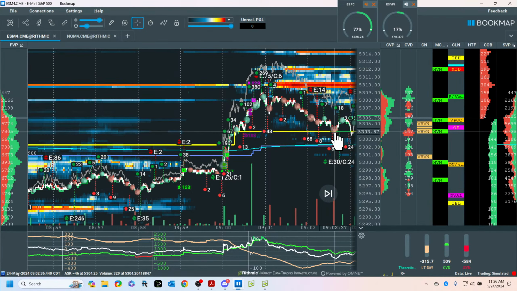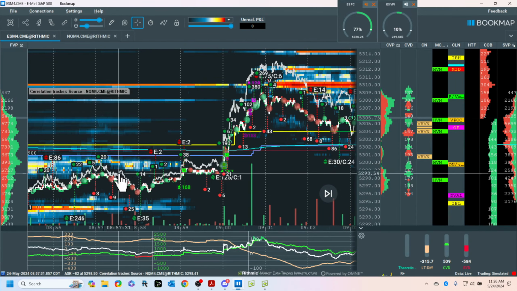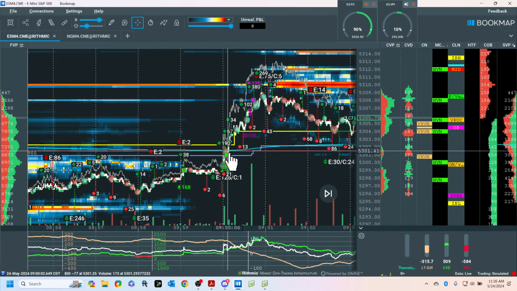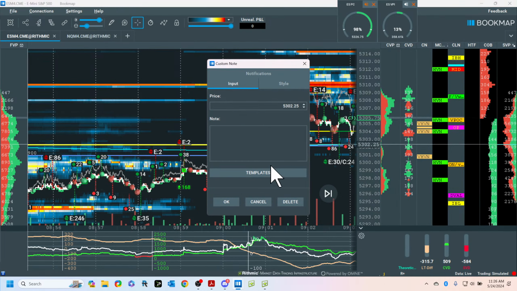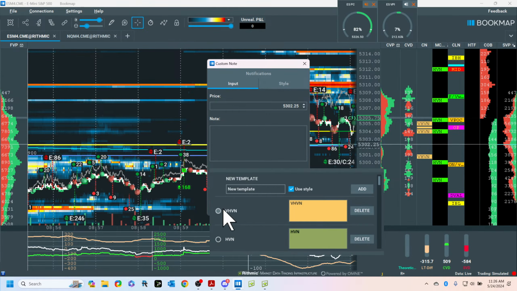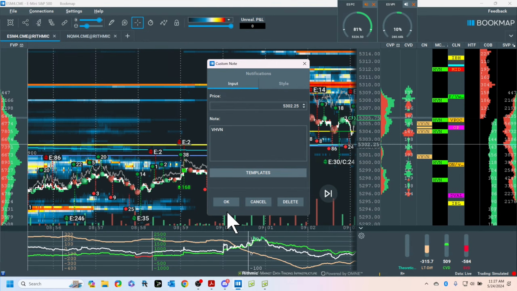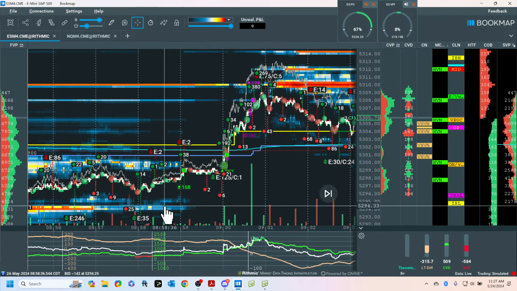Pull back to the volume point of control. This right here is a variable high volume node. I gotta throw it in here. How are we doing with our 33? See, I hear noise, so I think it's doing something. Variable high volume node. Now these change as the market auctions and the volume shifts around. Remember, the purpose of the market is to try to get a retail price.